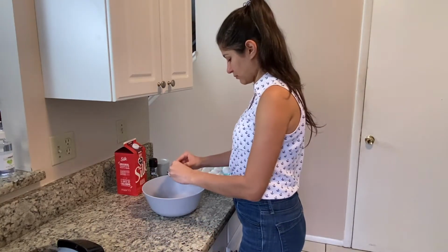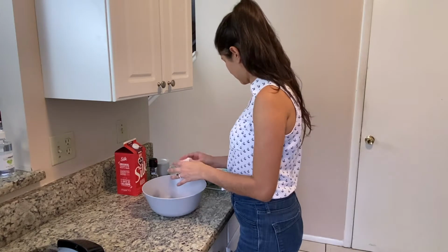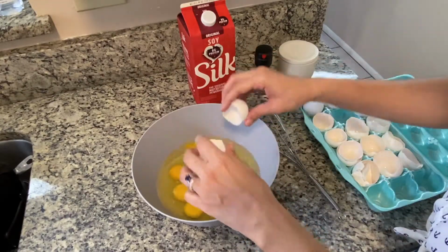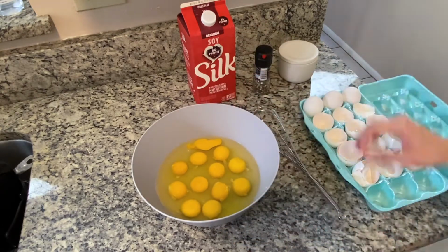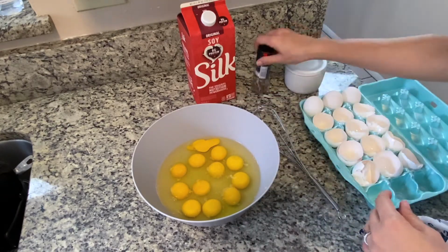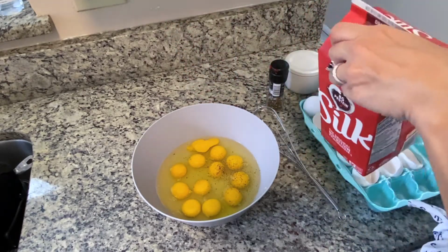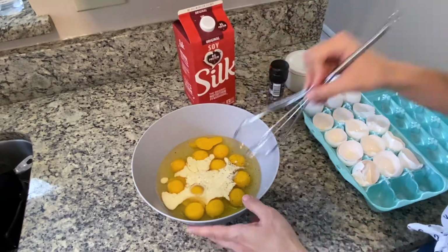In the past few weeks, I've caught myself a few times running out the door wishing I had something that I could just grab and go. Even granola takes a minute at least because you have to pour the milk and the fruit and everything. So I decided to make these egg muffins, and I am cracking open a dozen eggs, and I am going to add a 2-finger pinch of salt per egg because this is how my mom taught me and it works perfectly every time. Then add some black pepper and a splash of milk. I hardly ever have cow's milk at home, so I'm using soy milk. I'm going to mix all of this together until it is well combined,